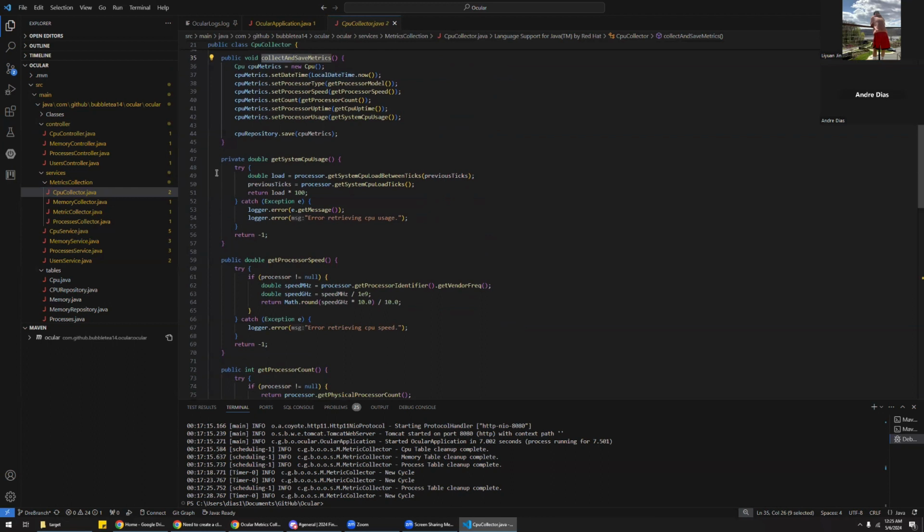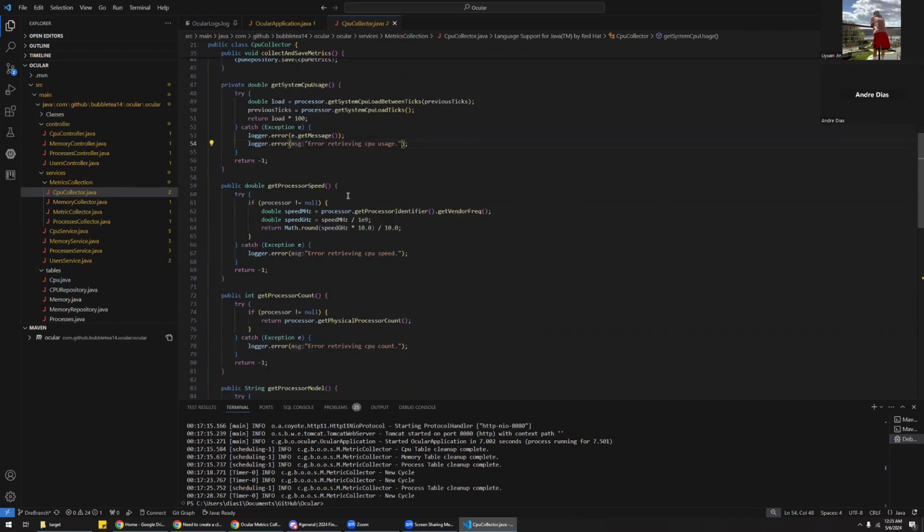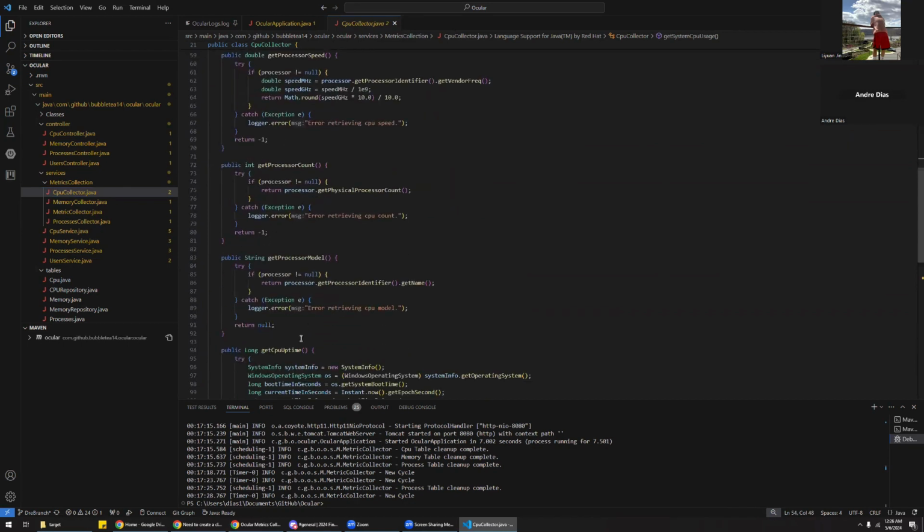So we can just briefly look at the idea behind each one of these methods or functions that we're calling to return the information collected from the PC. We're using try catches in here. If there is any sort of exception while it is trying to get the relevant data point, then that exception will be logged, and we'll also get this error retrieving message, which will specify where the error is occurring in terms of what data point it's trying to collect. So that is just replicated among all